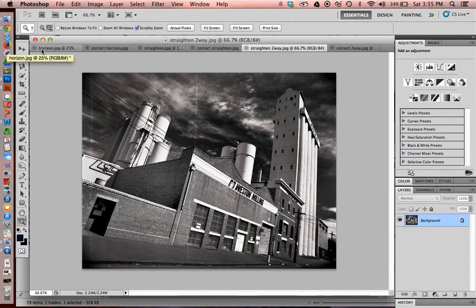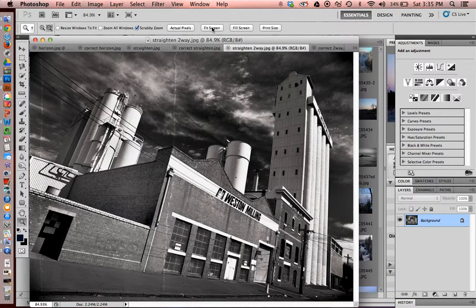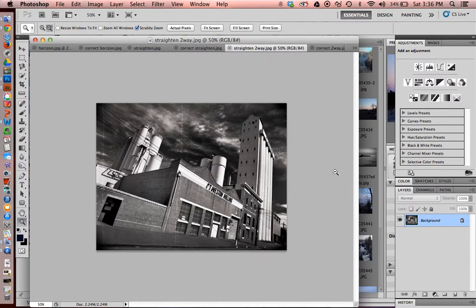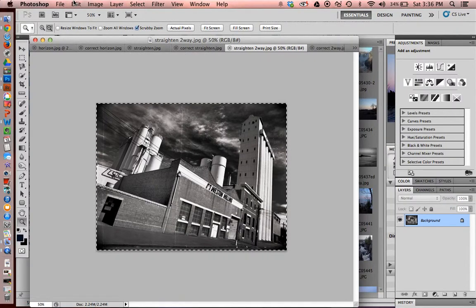So to fix this one, again, I'm going to do select all. Now if for some reason the picture is up all the way to start with, if I go fit screen right now I can't actually pull outside of it. I am going to want to zoom out just a little bit so that I can see what's going on at the sides. So I'm going to choose my zoom, zoom out so that I can actually see gray out here. Okay, so now I'm going to do select all, and again do the